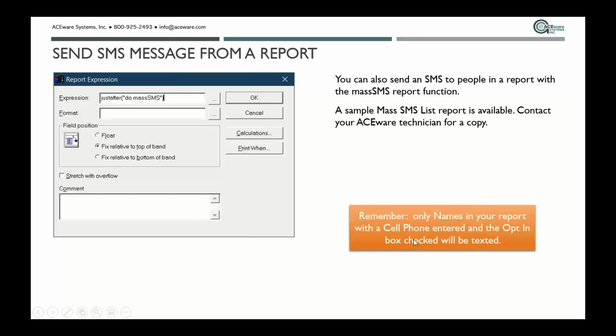And again, the caveat: only names in your report that have a cell phone and that have opted in will be texted. So if you are using SMS and it's a required thing like class is canceled tomorrow, you need to make sure that everybody in this class registration list has a cell phone and that they've turned on that SMS notification. Or you'd want to use the mass email and/or call them,